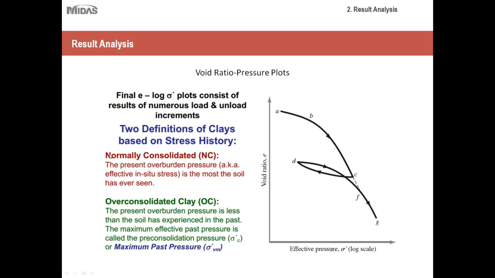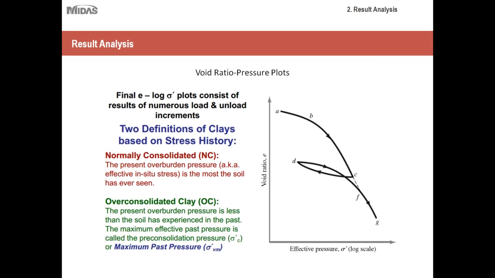First we have normally consolidated clay. What this means is that the present overburden pressure, also known as the effective in situ stress, is the most the soil has ever seen. Essentially, you have a sample of clay or soil, and the load that you're putting upon it at the present moment is the most load that it's ever been